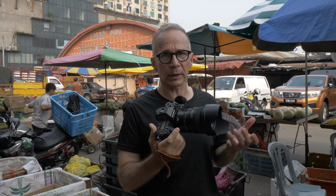I really think something like a 50mm, or 25 in micro four thirds, is a perfect angle of view or focal length for something like this. It's just about the right field of view. It's not too wide, it's not too tight, and the depth of field you get with this kind of lens, whether it's full frame or 25 on micro four thirds, is just about right. It can isolate the subject just a little bit, but also give some idea of the background,